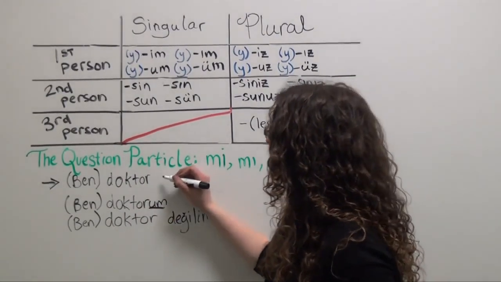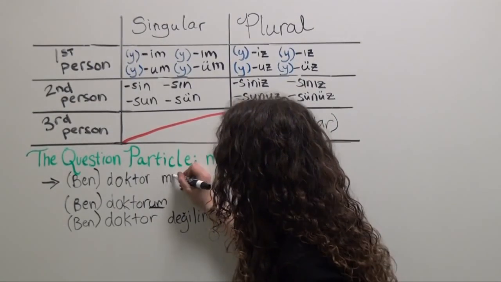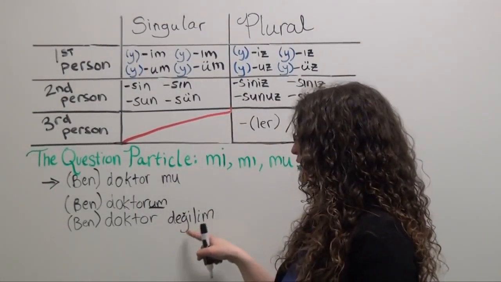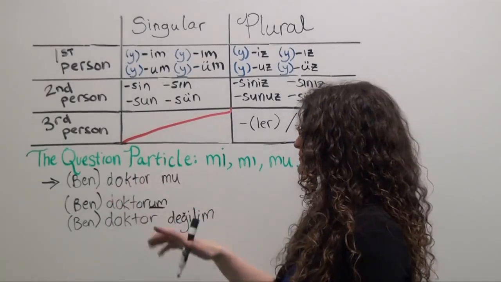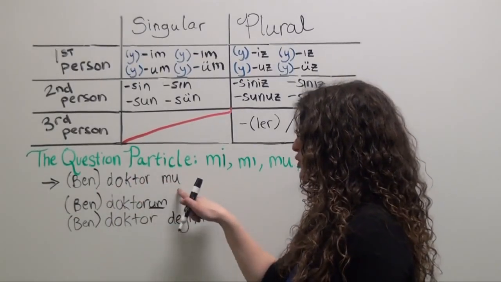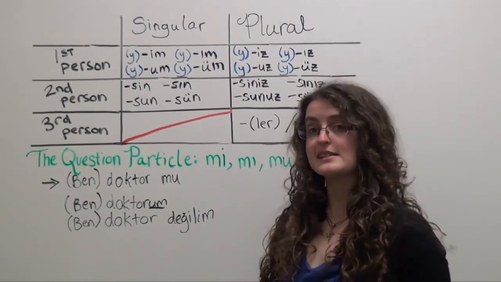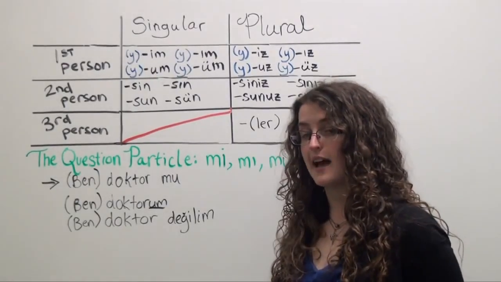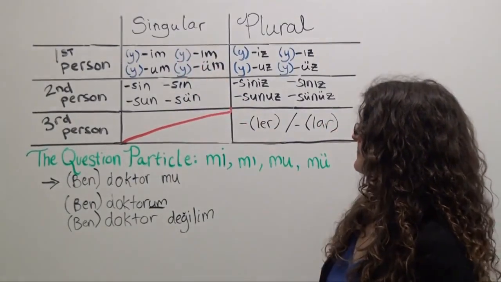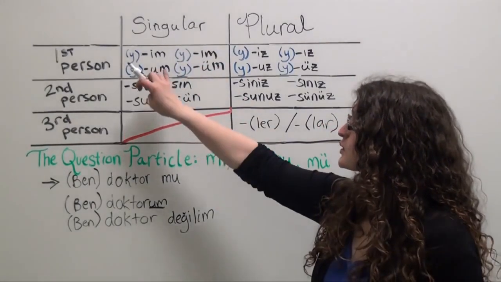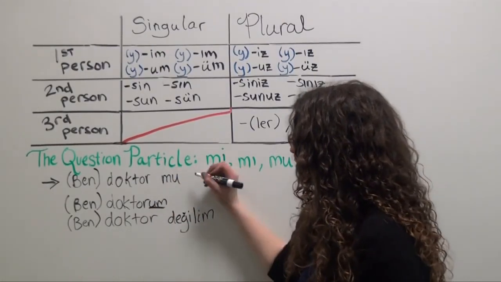Ben doktor mu. And notice that the question particle, like the word for not, is written as a separate word from the noun. So ben doktor mu. But of course, we want to ask, am I a doctor? Which means we need to add one of our personal suffixes. First person singular. Remember our vowel harmony? So ben doktor mu,